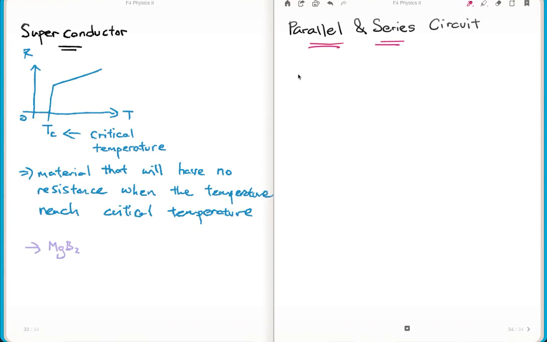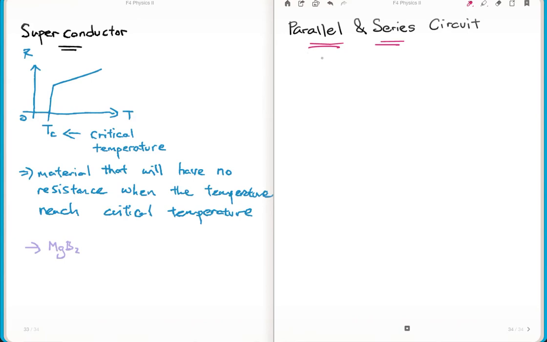In this video, this will be the third and last part of Form 5 Chapter 2, Electricity, where I'm going to talk about parallel and series circuit, followed by power rating. Now to start out with,